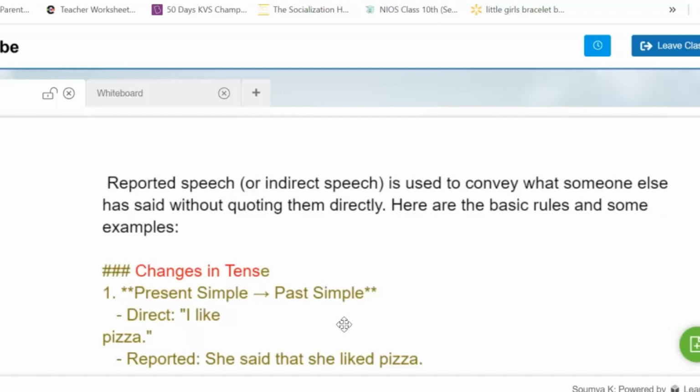So let's see what is reported speech or indirect speech. It means somebody tells something, and person 1 is telling to person 2, and the third person, when he says the same thing or explains the same thing to another person, how he does that. So it has some rules to follow so that we convert it into reported speech. Okay. So basic rules that you have to keep in mind is